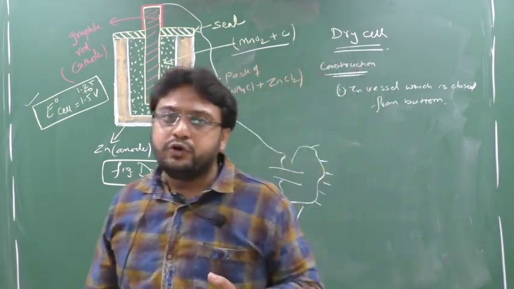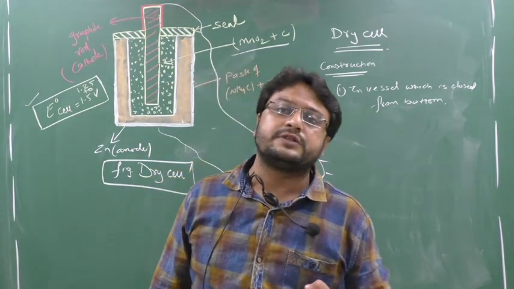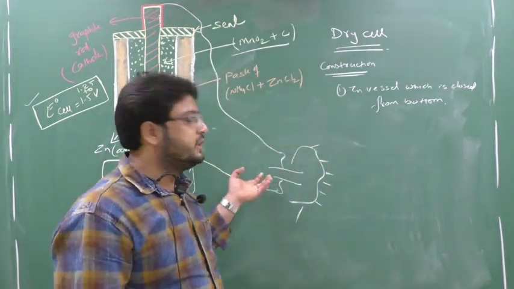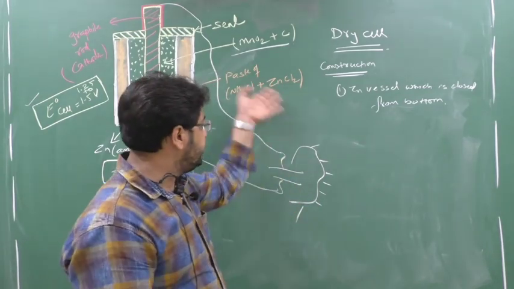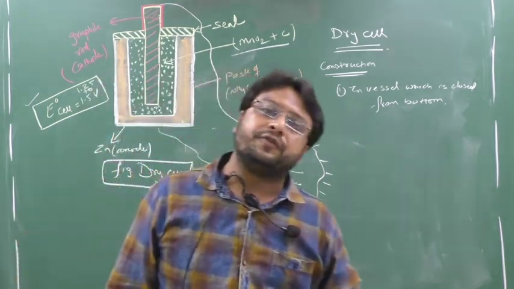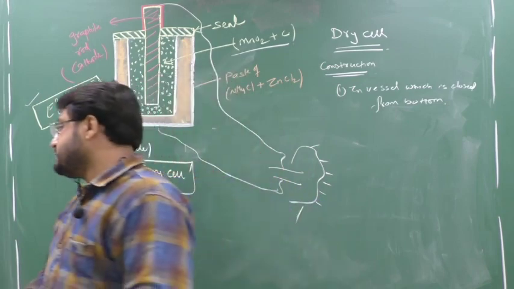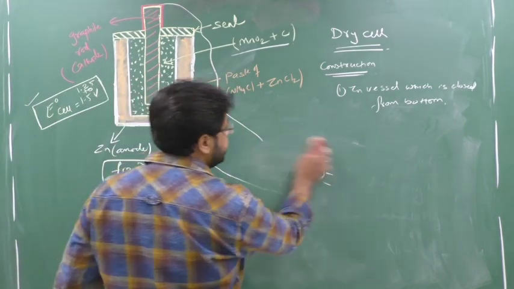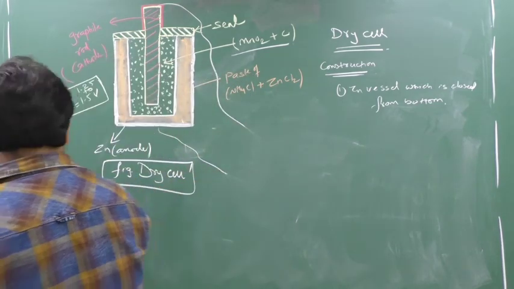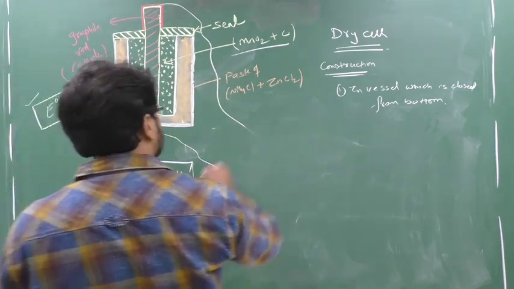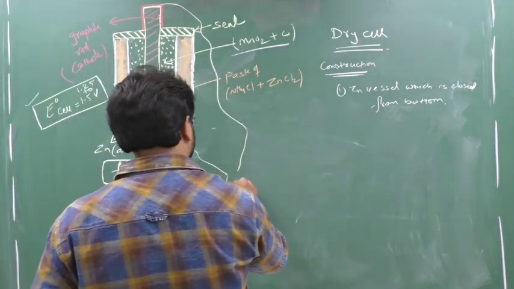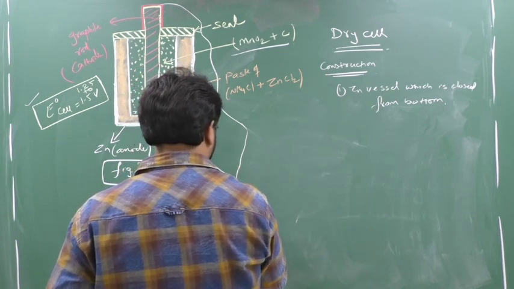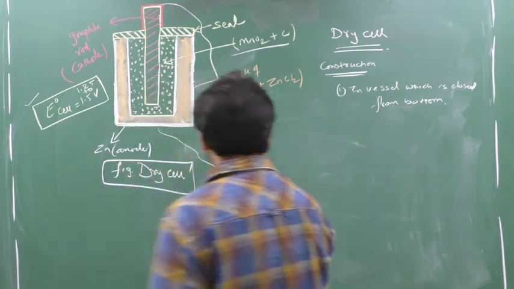So as I told you, due to the redox reaction, electron transfer takes place from anode to cathode. In between you have to supply the load. So there will be a free flow of electrons, and that free flow of electrons itself we call electricity. Now we will see certain reactions of it which are very important and should be remembered. See here now. I am taking wires and I am putting the load. The bulb will glow if I connect the wire.